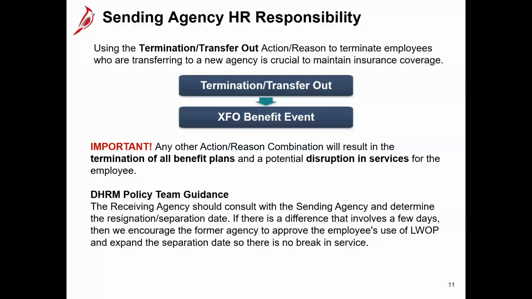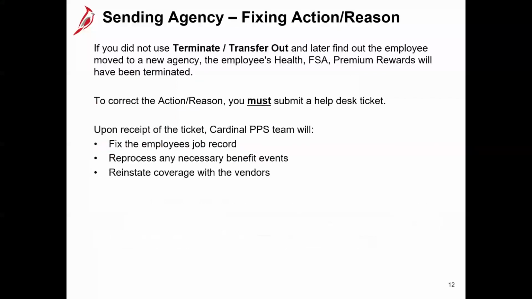Moving on. Now, what happens if things go wrong? What happens if you terminate someone because they resigned, and then you find out later that they really transferred to another agency? Now, you might have received guidance in the past that you can go in, as long as it's future dated, and fix it yourself, or that you could add another row to the person's job record and fix that. But really, in order to truly fix the entire transaction, you're going to need to send us a ticket to do that,